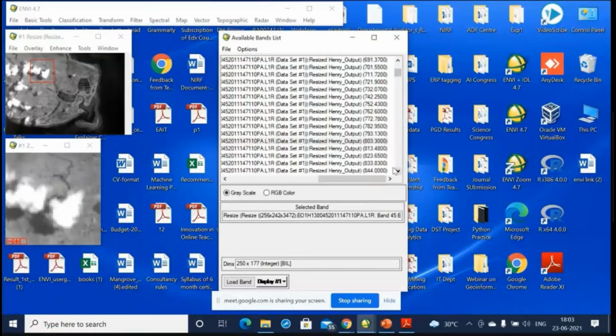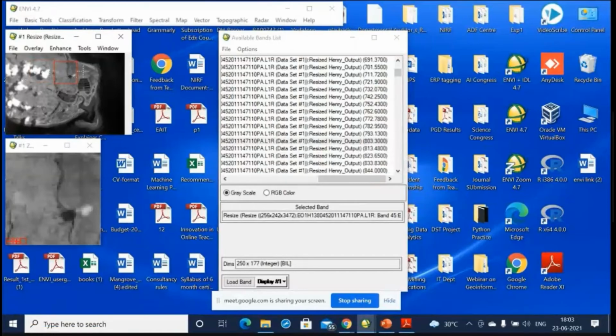Now, if I want to see the spectral signatures of different objects in the image, how to do it? Spectral signatures means, I'm sure you have gone through the videos that I have given you, and you must be well aware that each and every end member has a unique spectral signature.